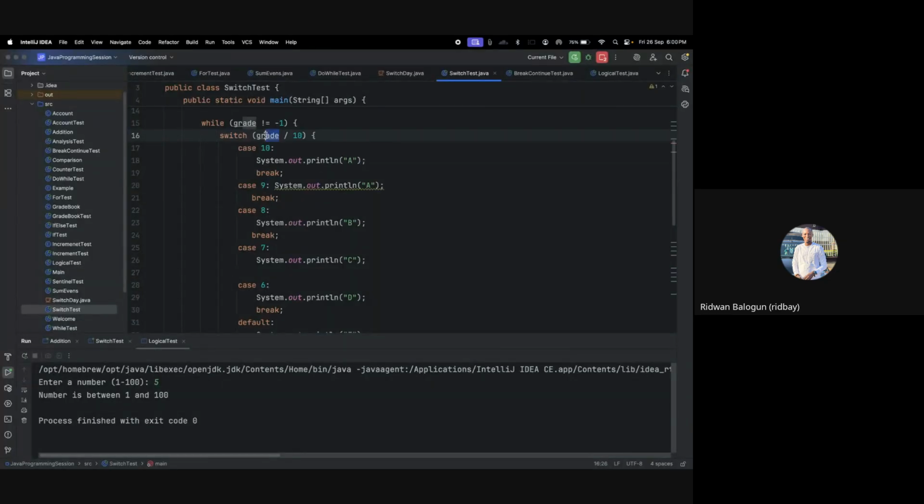If grade over 10, if 90 over 10 equals, the answer is 9. If the answer is 9, then print this. Else if, check this. Else if the answer here, let's say grade over, let's pick 50. 50 over 10, the answer is 5. If the answer is 5,